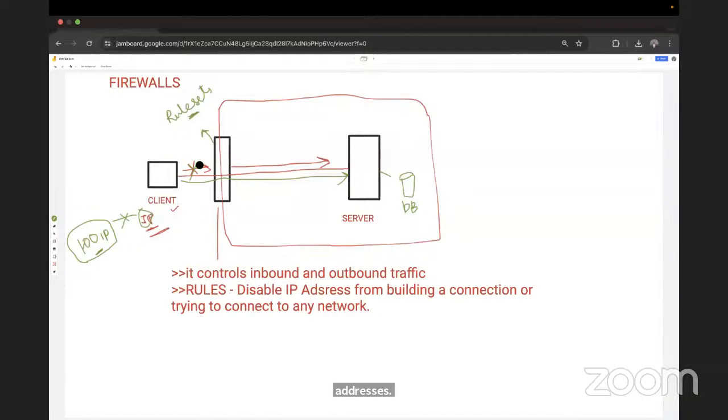Sir, but IP addresses change dynamically. How can a firewall find the known IP address? See, I know that IP addresses can change dynamically, but whenever you go for a firewall, guys, in the internal network of the office,